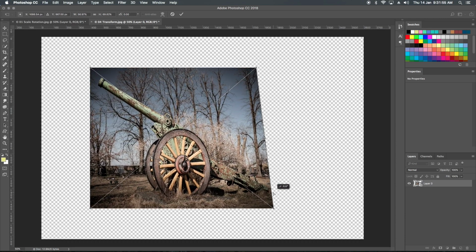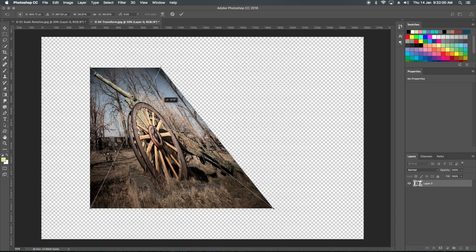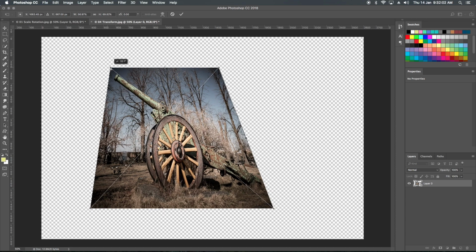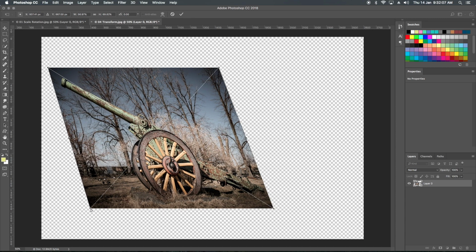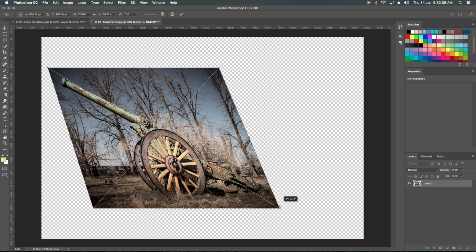It will skew the images, means compress the images to our particular position. Okay, you can see X and Y, Z position we can move to create different kind of shapes. That will also change the perspective of these images too. But if these are solid colors and we just need to change the shape of that solid color, so skew, distortion and wrap is the point where we can change the position, shape of solids.